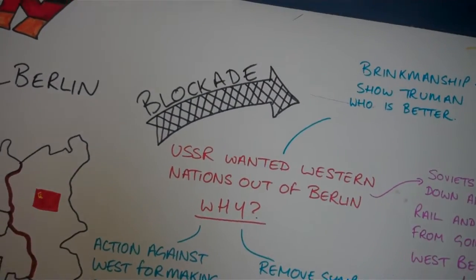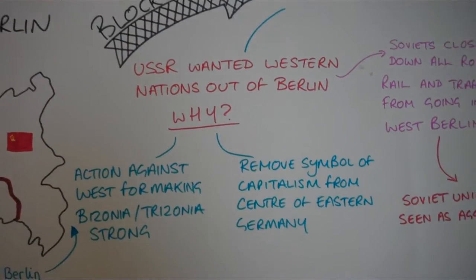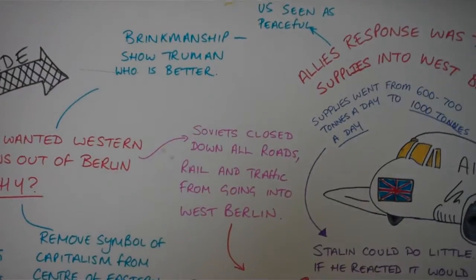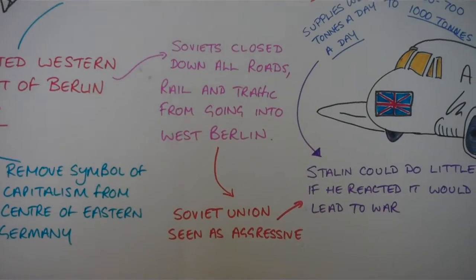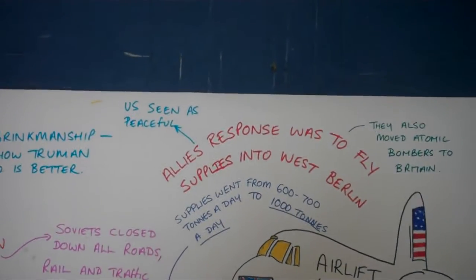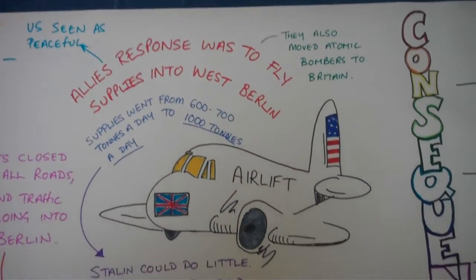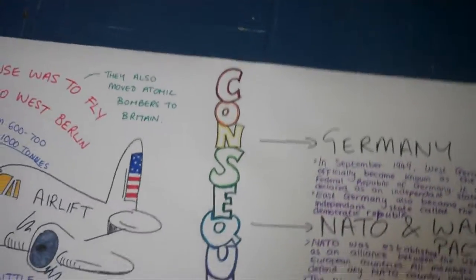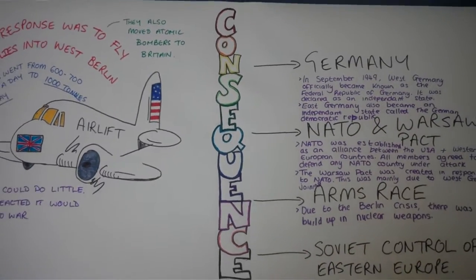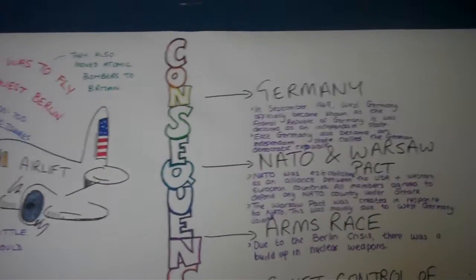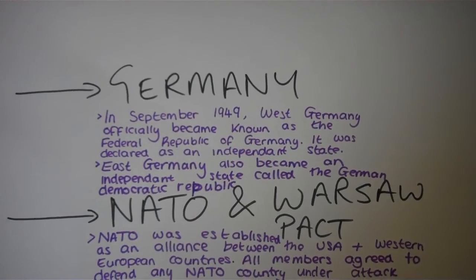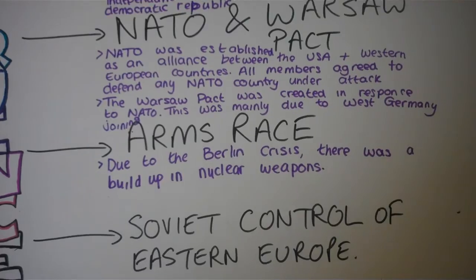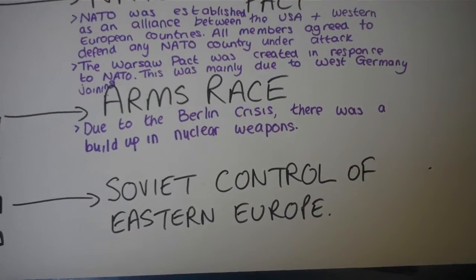So we start off with the issue of Germany and the division of Germany, and then the blockade, why that happened, what the Soviets then did, and how this was responded to. We then have a look at the consequences, zoom out a bit so we can fit it all in, which is about what happened to Germany, NATO, the arms race, and kind of obvious the Soviet control of Eastern